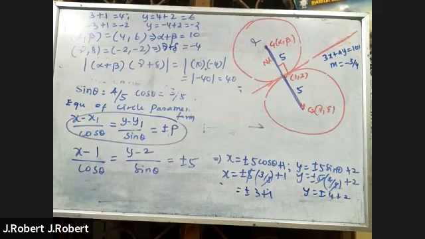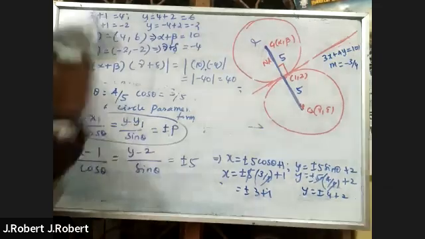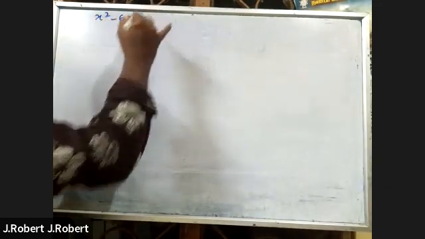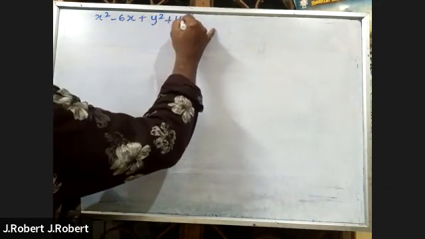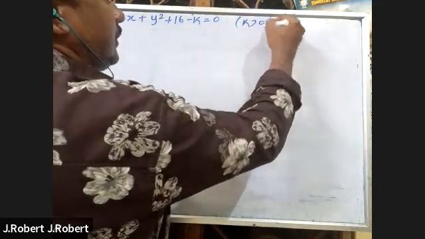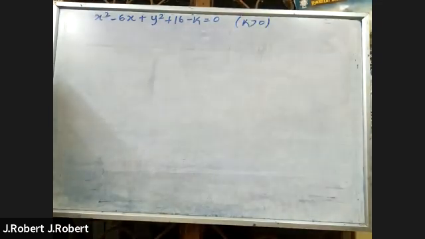The next problem. If the curves x square minus 6x plus y square plus 8 equal to 0, and x square minus 6x plus y square plus 16 minus k equal to 0, where k greater than 0, touch each other at a point, then the largest value of k is,